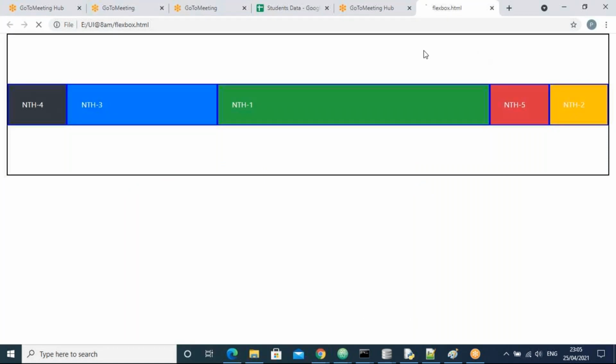Now, all of you observe. Yes, guys, the form came. After the form division, we have this container. I'll take some breaks so that we can get some gap between both.